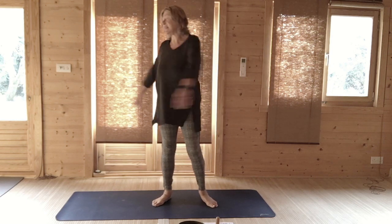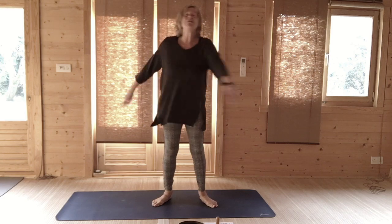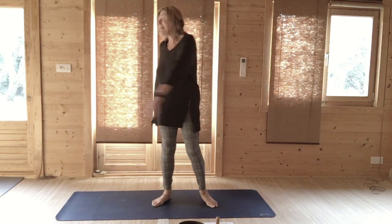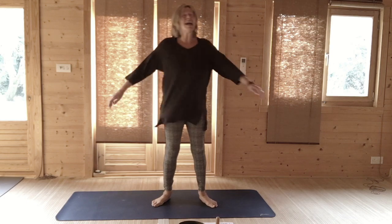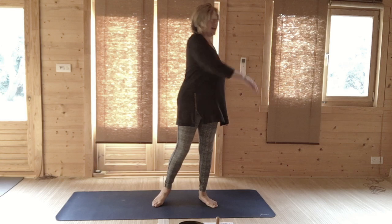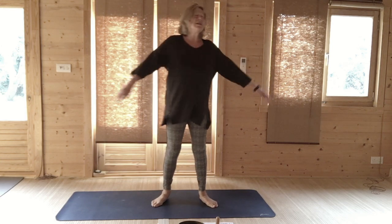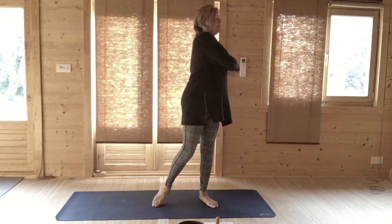The lymph system doesn't move. Tumours, although they're fast growing, emanate from, as the Eastern view is, from a stagnation. So this is the antithesis of that. This is anti-stagnation. So you can lift your heels, you can move from the navel from side to side,